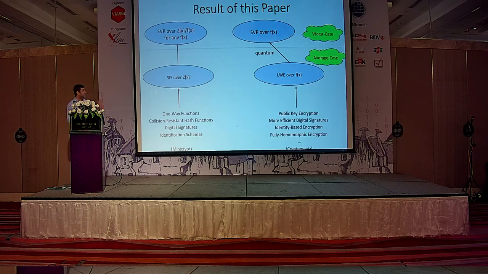So here's what I mean, and here's a result of this paper. What we can show is that you can define an average case problem. For example, it's CIS over the polynomial ring without modulo f(x). And if you can break that, you can actually solve the shortest vector problem over Z[x] mod f(x) for any f(x). Furthermore, this problem is actually useful because you can construct all these things here, right? So this is more of what we want, because you don't really have to commit yourself to knowing which worst case problem is hard. It's based on every worst case problem.